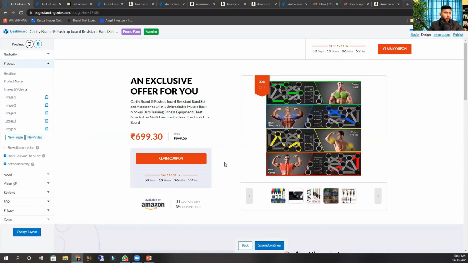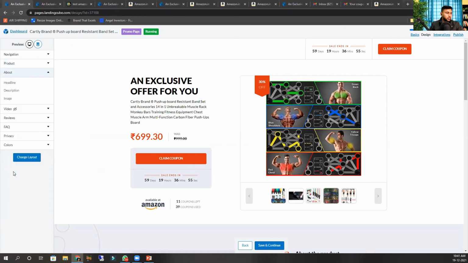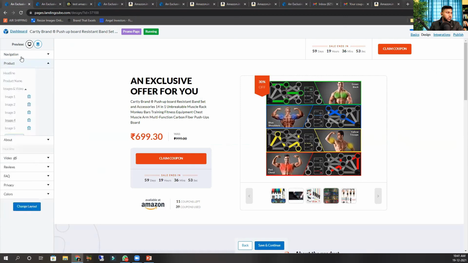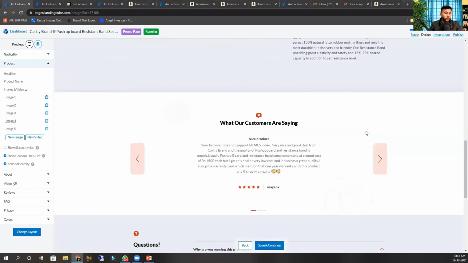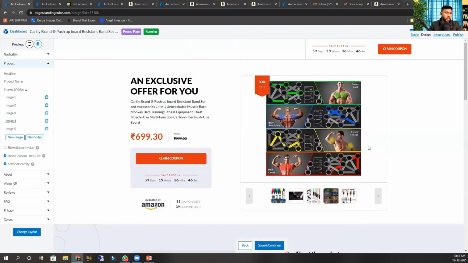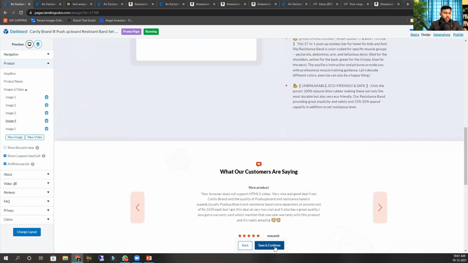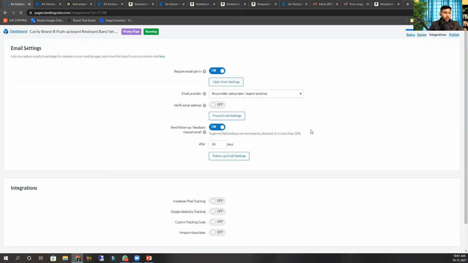You can even set some options here. They have a lot of options. These all are automatically generated. You don't have to put anything here. These all are automatically generated as soon as you enter the URL. Then you go save and continue. Obviously, it is saved. And this works for India as well. You need to put the coupon code.